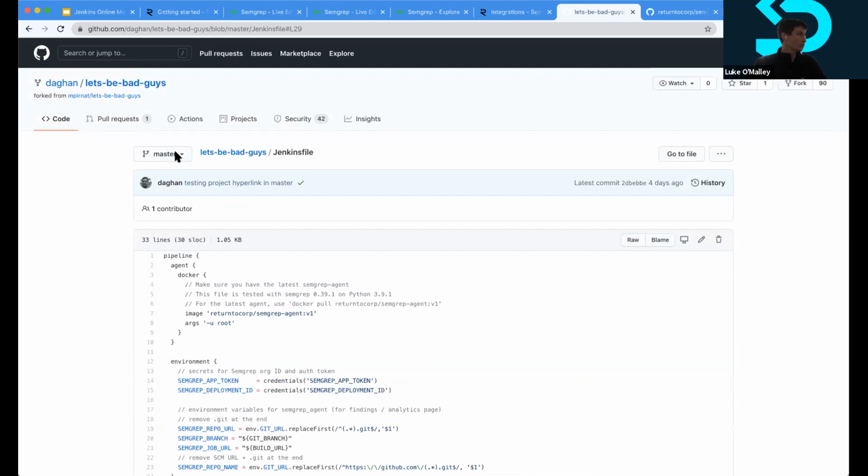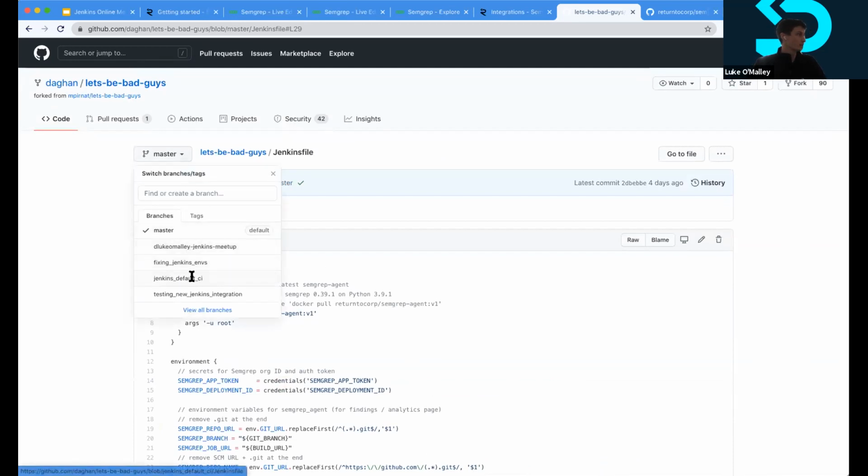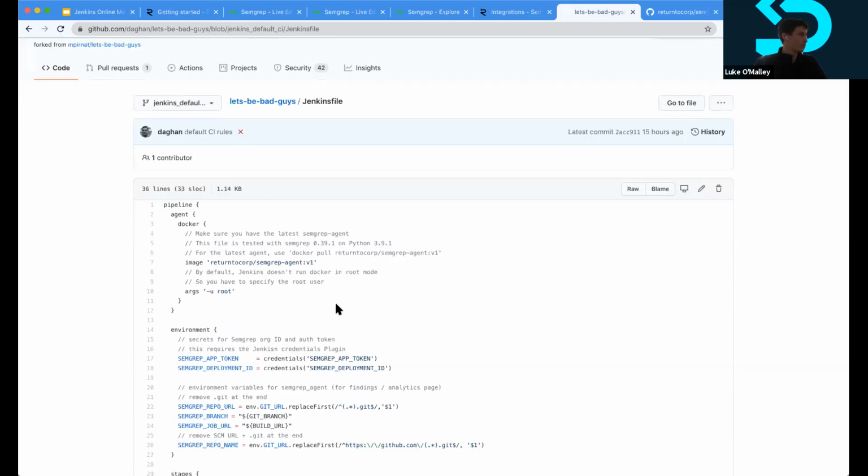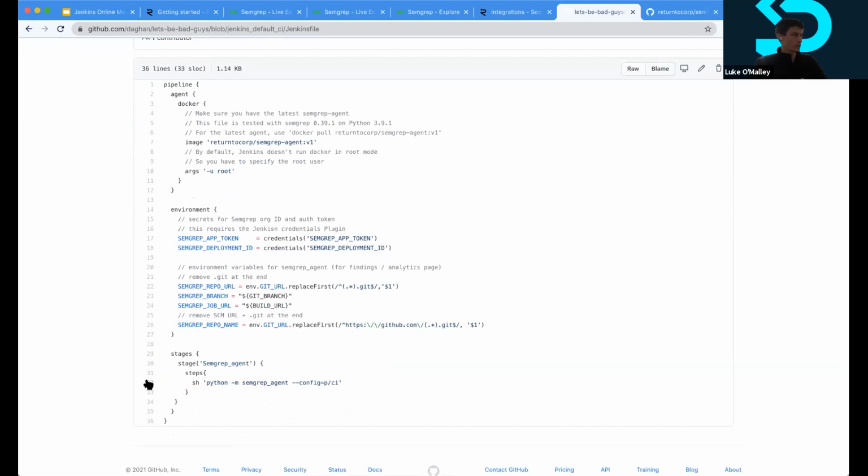And I believe if I switch over actually to a different branch, yeah. An alternative way that he has it configured here is just to hard code which rule set to use. So you could do that as well. So there's no dependency on logging in. There's some benefits if you do. And in this case, you can also just hard code which rules you want to run in CI. Through this approach, you would also be able to do files that are